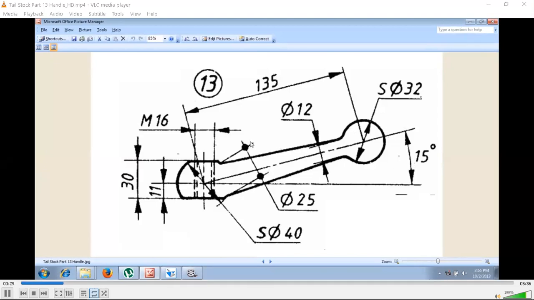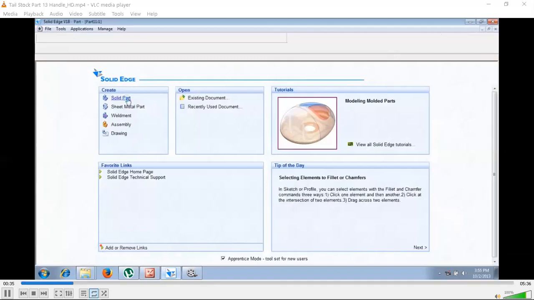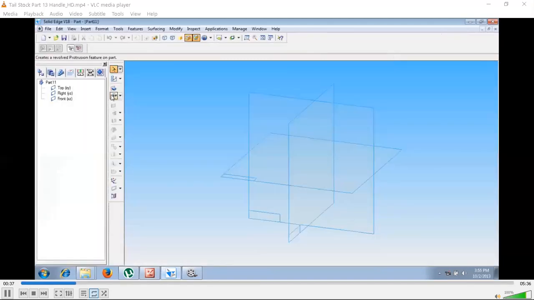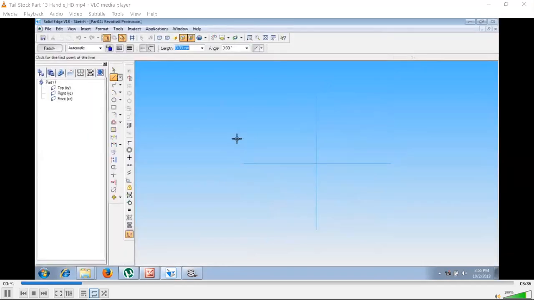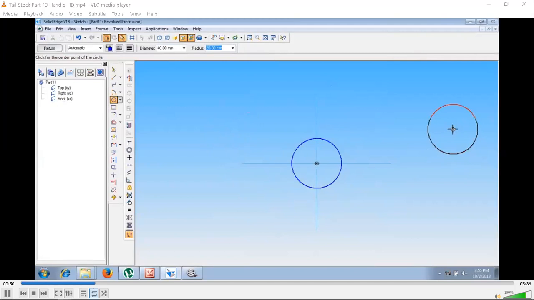Now this thing has to be done using a command called revolved protrusion. Now let me show you how to do this component. Let me go for solid part, then revolved protrusion. Let us go for front plane as a sketching plane. Now using circle by center point, draw two circles. One is diameter of 40 mm. The other one is the diameter of 32 mm. Now let me position it somewhere here. Now using the smart dimension option,